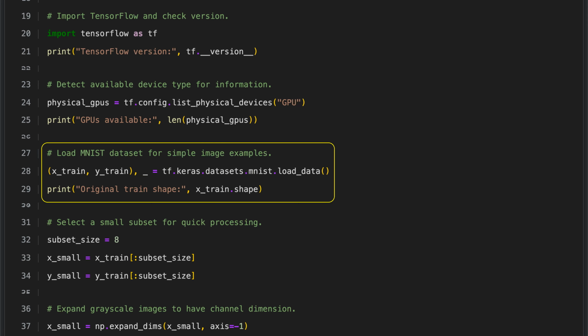We begin by loading the MNIST handwritten digit dataset using the Keras tools in TensorFlow. This dataset is widely used for training and testing image recognition models. From the data that is returned, we only keep the training images and their labels. We then print the dimensions of the training images to confirm that the data loaded correctly and to understand its